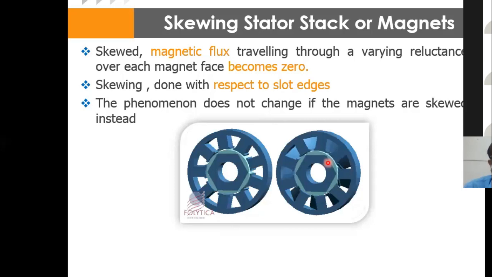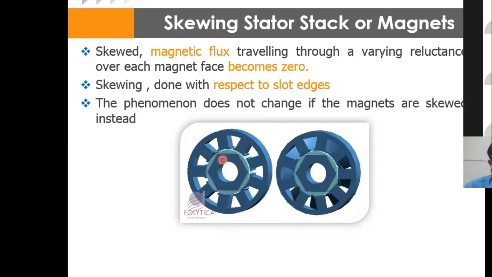Whenever the core is skewed, the magnetic flux traveling through a varying reluctance over each magnet face becomes 0. Skewing is always done with respect to the slot edges. That is, this is the small inclination you are giving over the core, but the end stack should not affect the slot edges of the next teeth. So this you need to take care of.